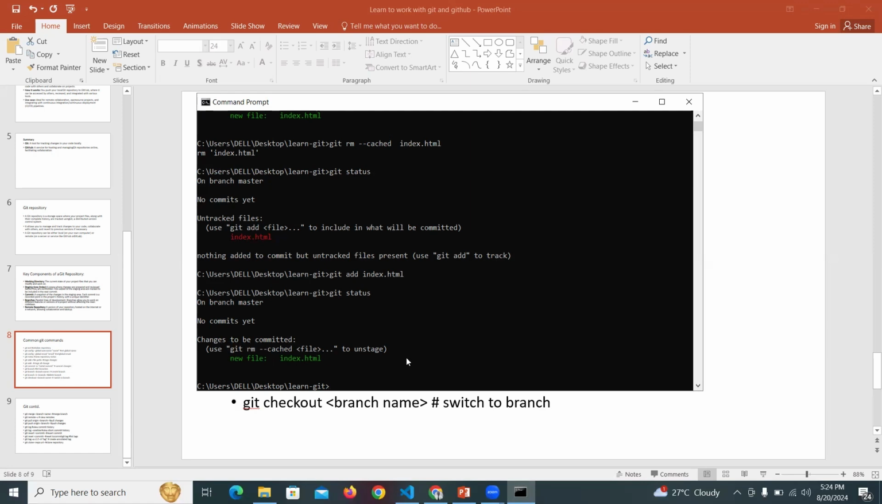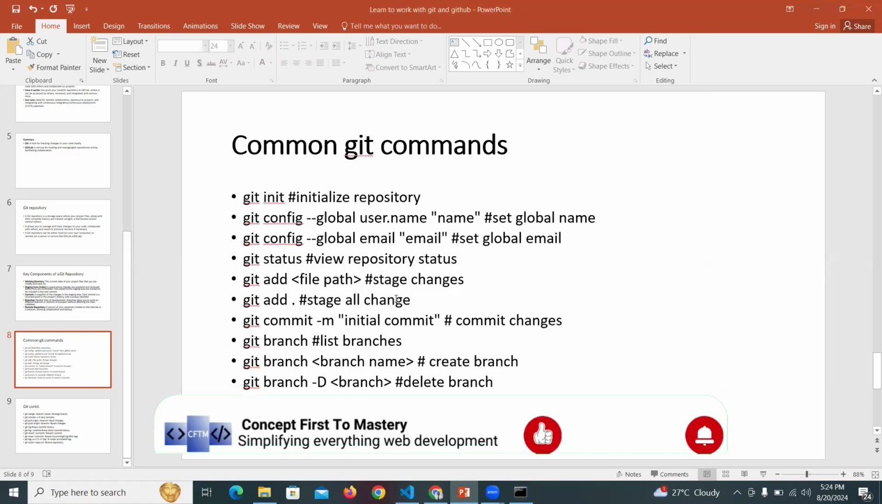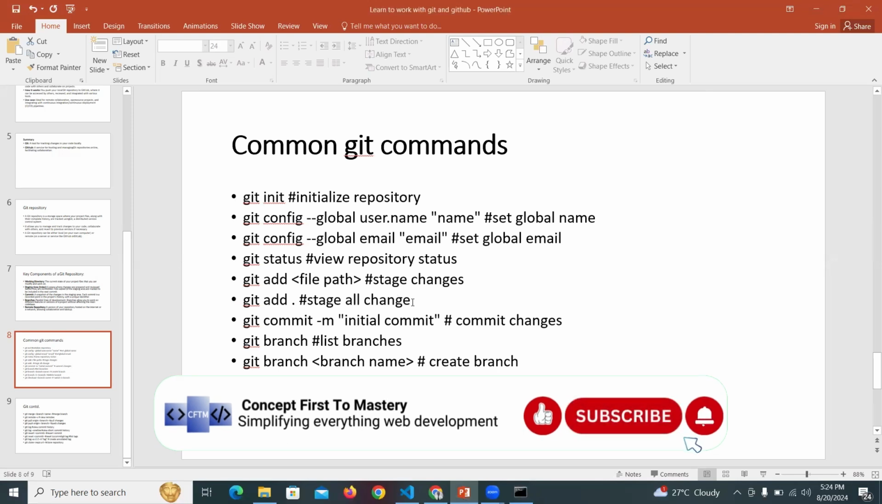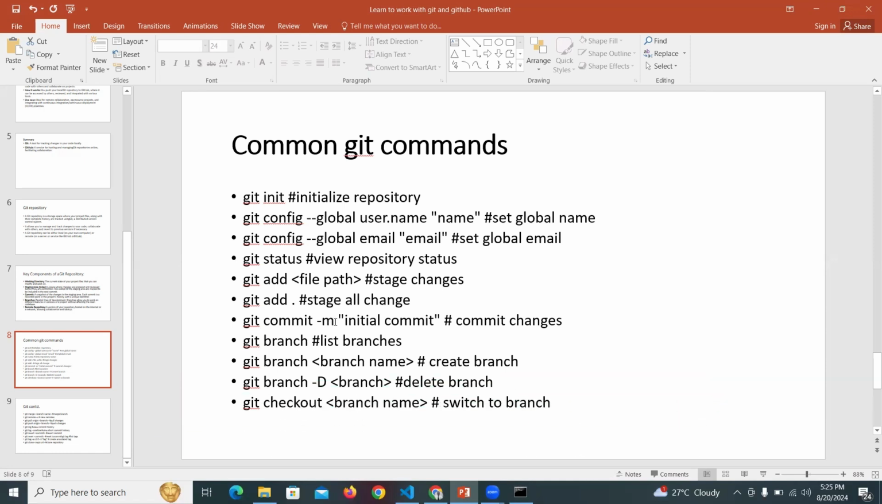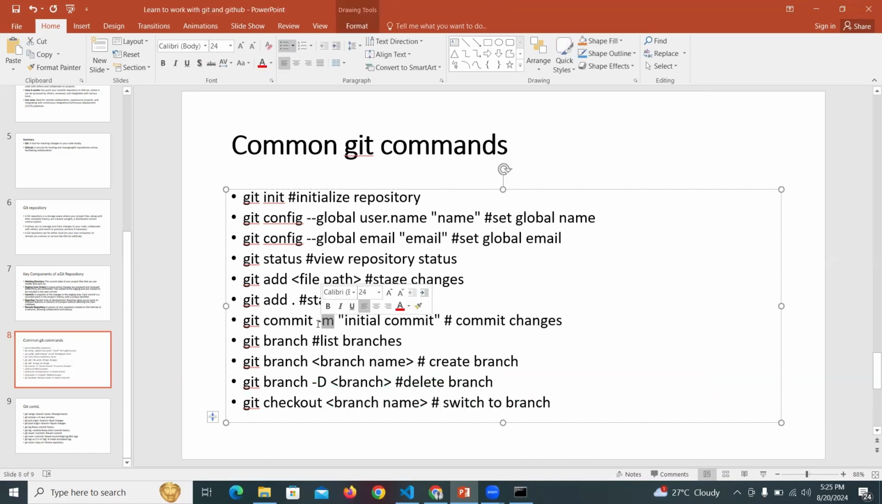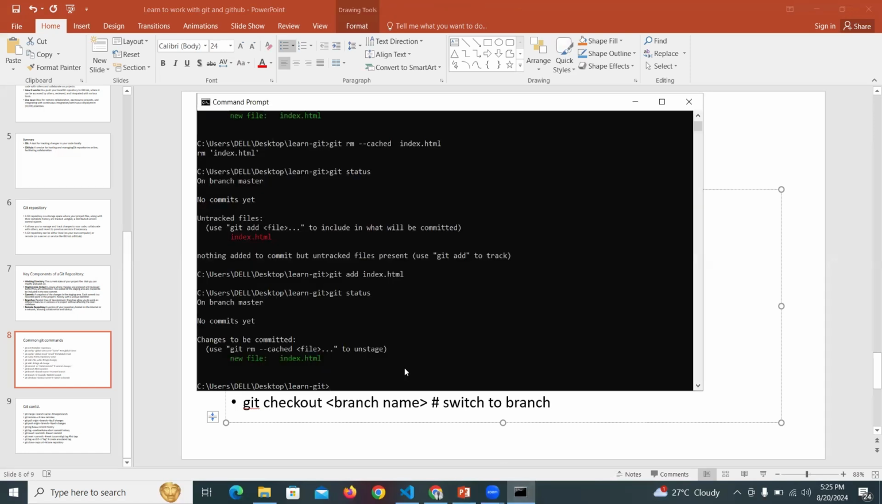So here, if we want to move it to the commit area where it can be added to the history, commit history, we use git commit. So -m means the message. So this is a flag for the message. And then you put your message in quotation. Usually your message will relate to what you have done so far, right? So if I say git commit -m, then